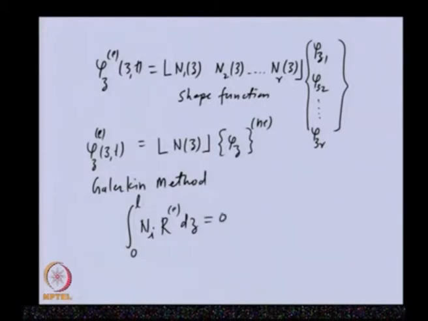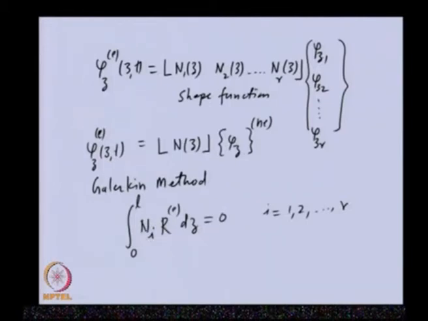So that whatever the residual is, it is distributed over the length. Because these shape functions are in number depending upon the degree of freedom of the element, that many equations will be obtained from this method. Now let us see what is the form of the residual. The shape function we will at present keep in the general form, and subsequently we will obtain the explicit form of this shape function.